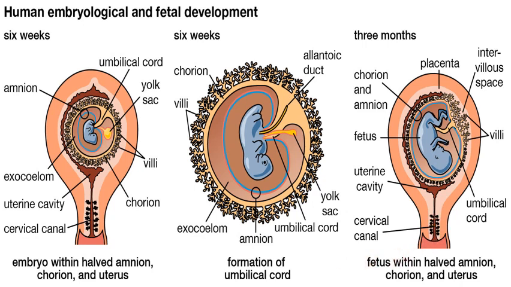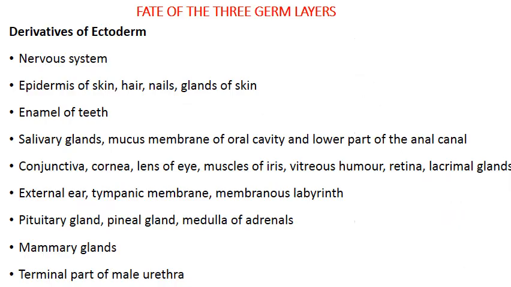So, for these fetal membranes, there is no diagram as such. This is just for your explanation. Now, sometimes you get asked what is the fate of the 3 germ layers, what are the 3 germ layers, which organs and tissues they are going to produce. So, you have to remember some, as some questions are given in your question bank related to this.